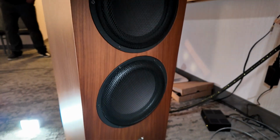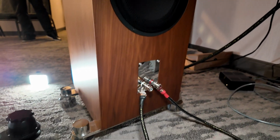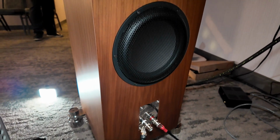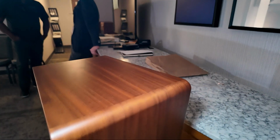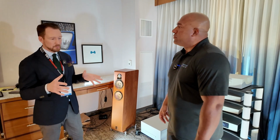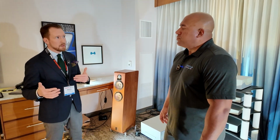When I came into the room, one of the things I noticed was I kept looking at the front of the speakers, but I kept hearing this depth, this ambience, these things that were happening behind. I came back around and noticed that is what's adding this extra three-dimensionality behind the system, and I loved it. It helps with three-dimensionality, absolutely, but the main reason for using this kind of construction, because of course it adds cost to the construction, is